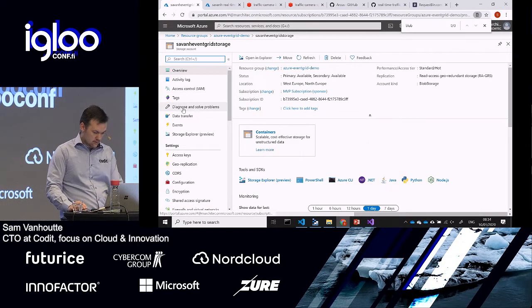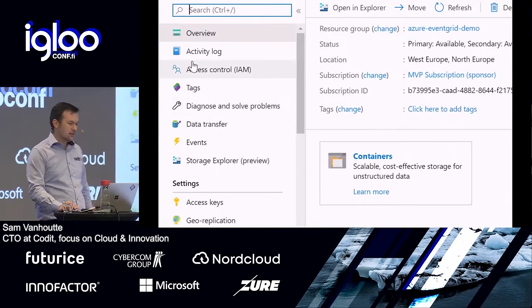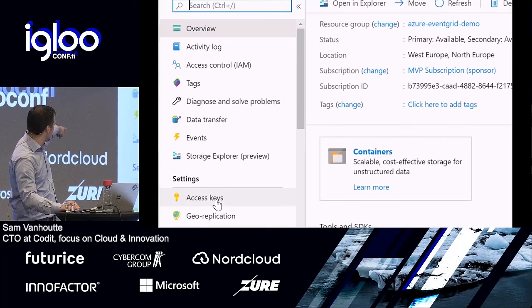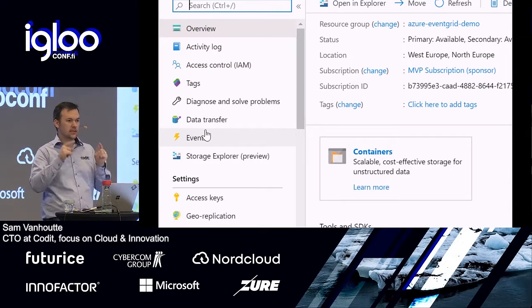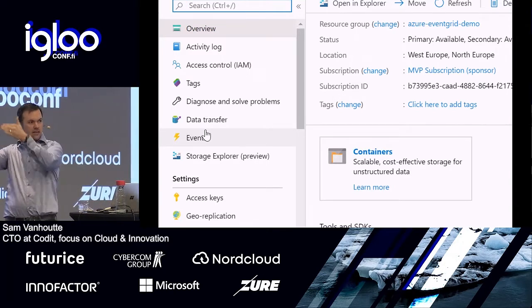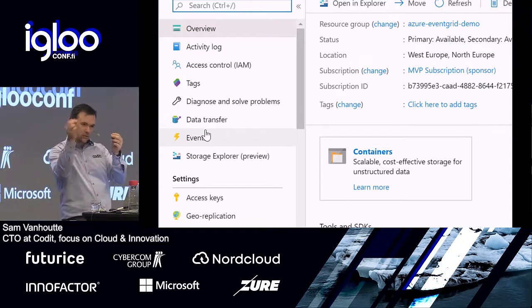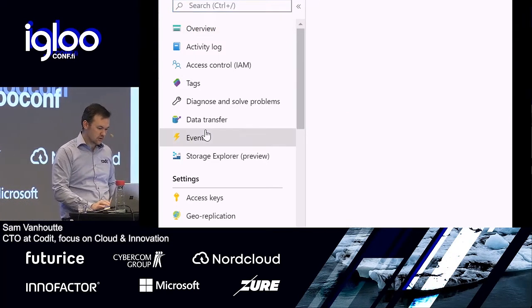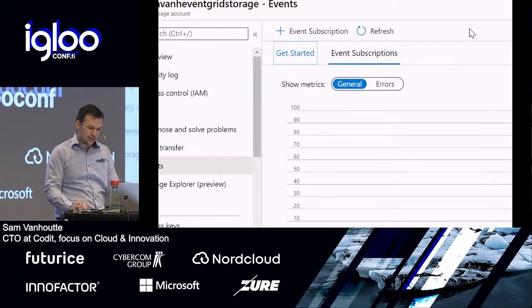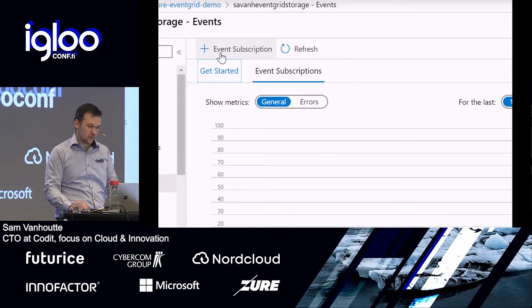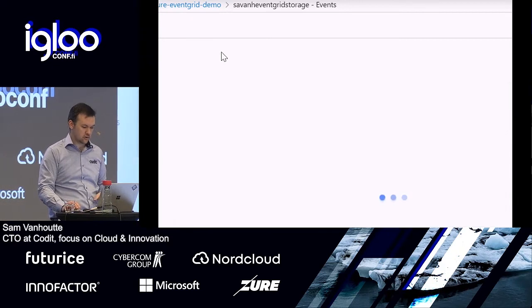And as you can see, and I'll zoom in on the storage account, this is where Event Grid is hosted, in events. That's where I can have my events configured. So it's not that I have to go to Event Grid as a separate tab. Event Grid is embedded in all these services that support it. So with the events, what I can do, in the portal, is very easily create a new event subscription.